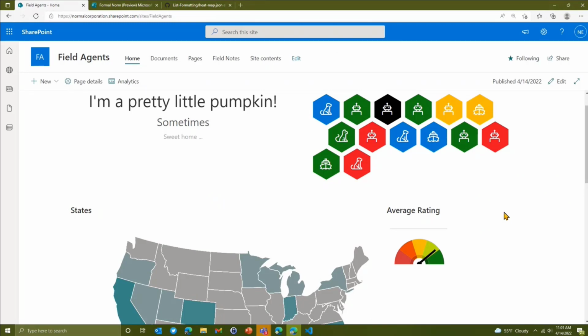I didn't have to write anything in Power BI. If I wanted to, I could have. Maybe I wanted to bring in, because this is a modern page, like a Twitter feed, right? I can mix and match all the other web parts with this and really create kind of a dynamic application. All right. So I know I'm over time, so I'm just going to jump back to the slides and then we'll be done.